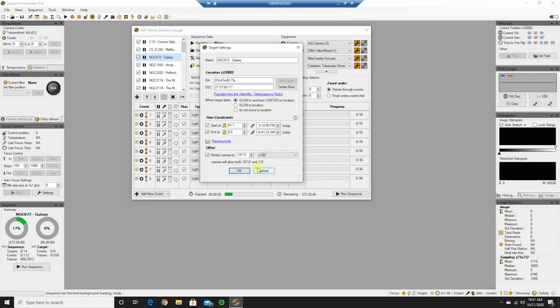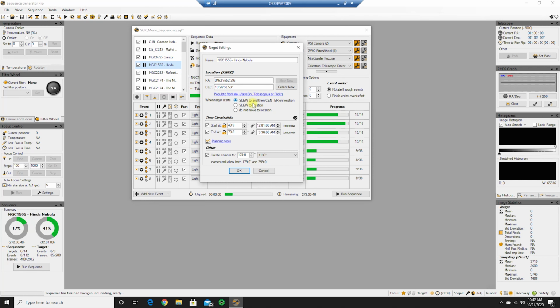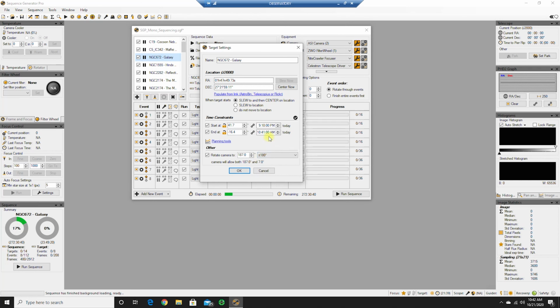We will end. However, I do not want to put that time just yet because I want to see what time this one ends. That one starts at 12:01. So we will go back here and end this at 12:10 a.m. It gives us a little bit of overlap so that hopefully we don't have too much dead time,